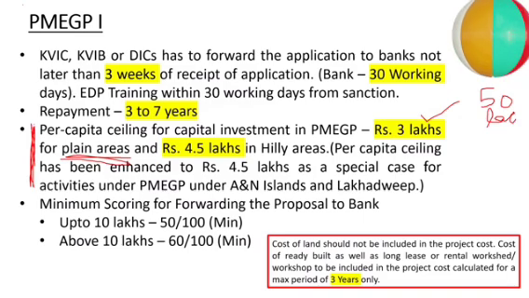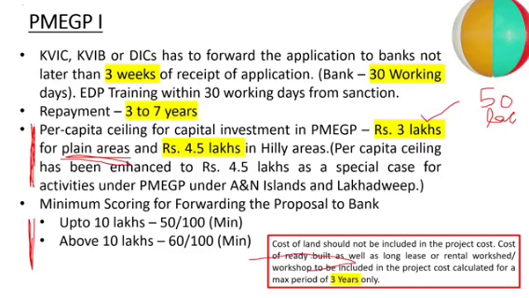Okay. And whenever that application is being made to KVIC or DIC, they take one interview sheet. For that, marks are allotted. So for loan up to rupees 10 lakh, the applicant has to get minimum 50 marks, then only the application will be forwarded. And for loan above 10 lakh, they have to get minimum 60 marks. Okay, then only this application will be considered. So that is the scoring sheet.